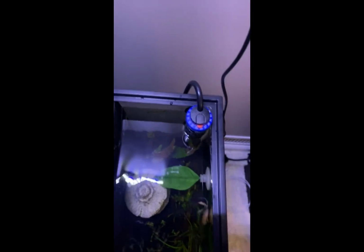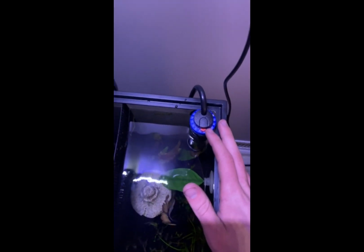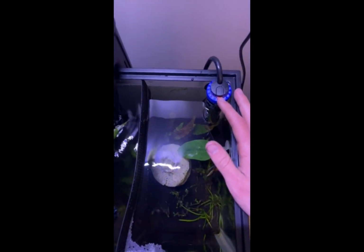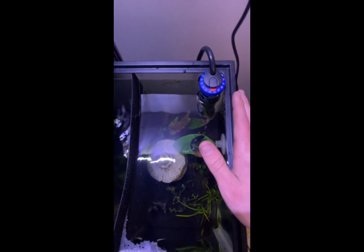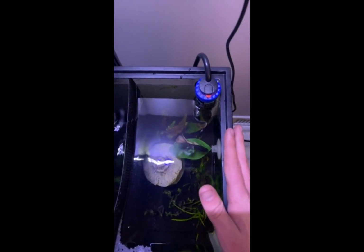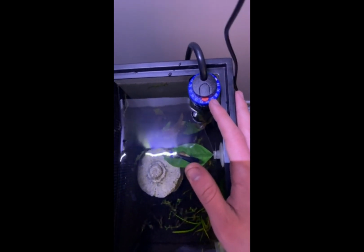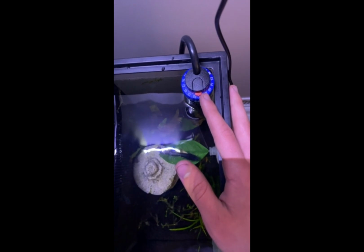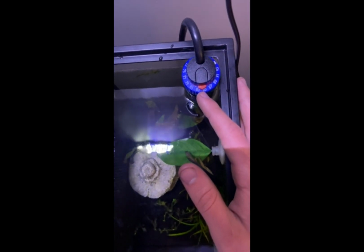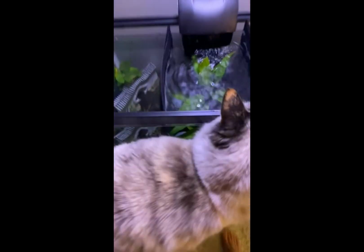Overall, I'd have to say this heater works out really well. The only issue that I had with it is that I had to get the 125 watt for only a 10-gallon tank. That's kind of a big issue. They need to make sure their smaller heaters work out really well. But this one's worked out well, and even though it's a bigger heater, it needs me to bring it up to like 84 or something just to get the water to stay at a constant